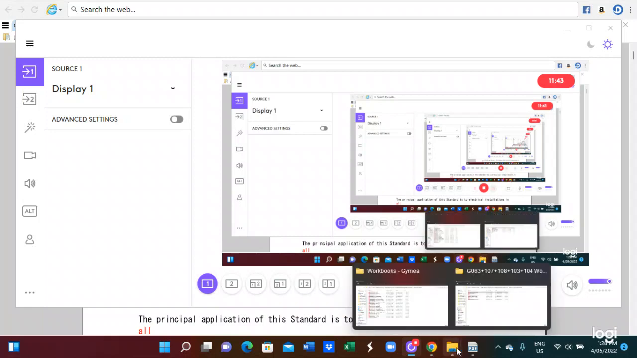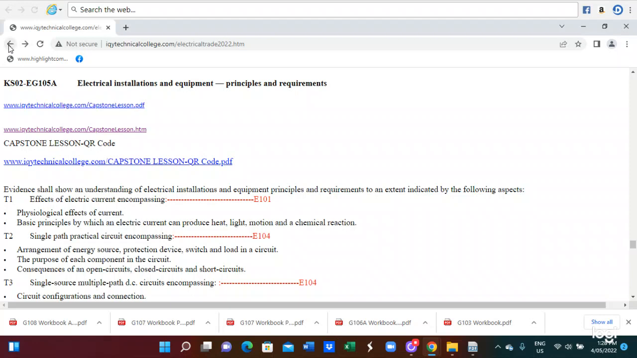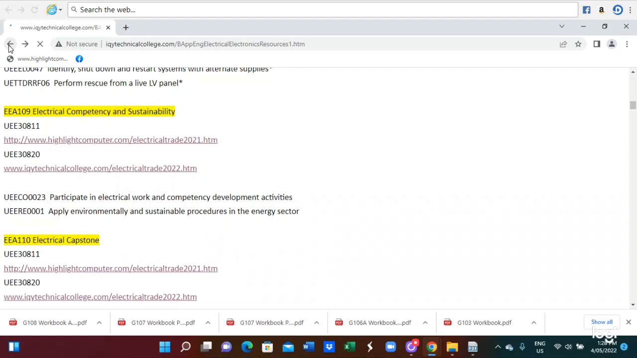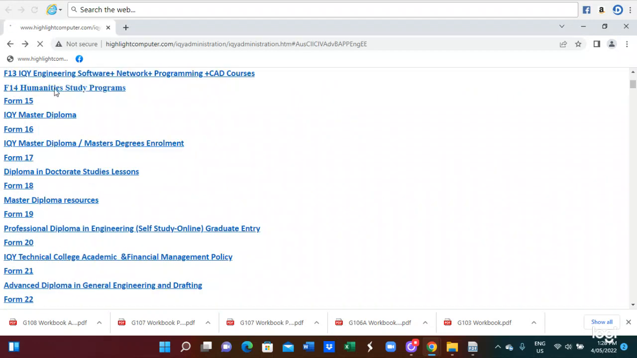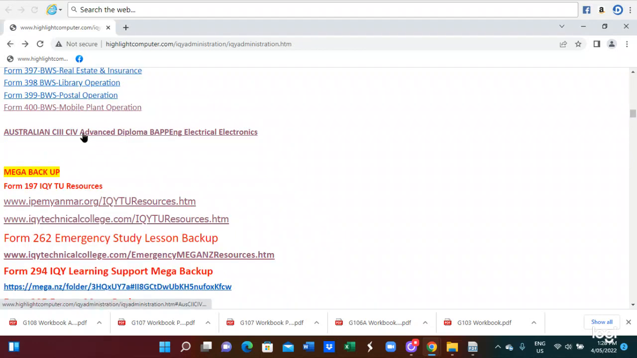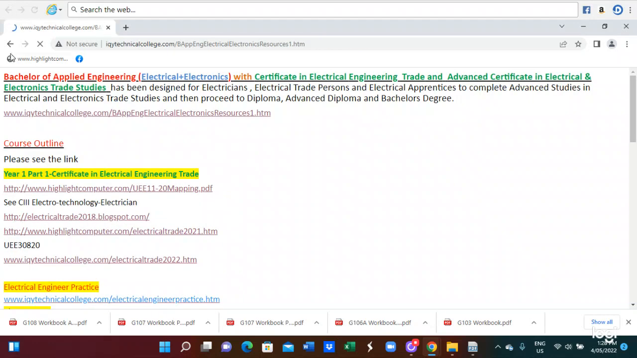Then we're talking about the application of the rule. So this website is for the Bachelor of Applied Engineering, Electrical Electronics. On the website, you will see... this is the website. The website link is